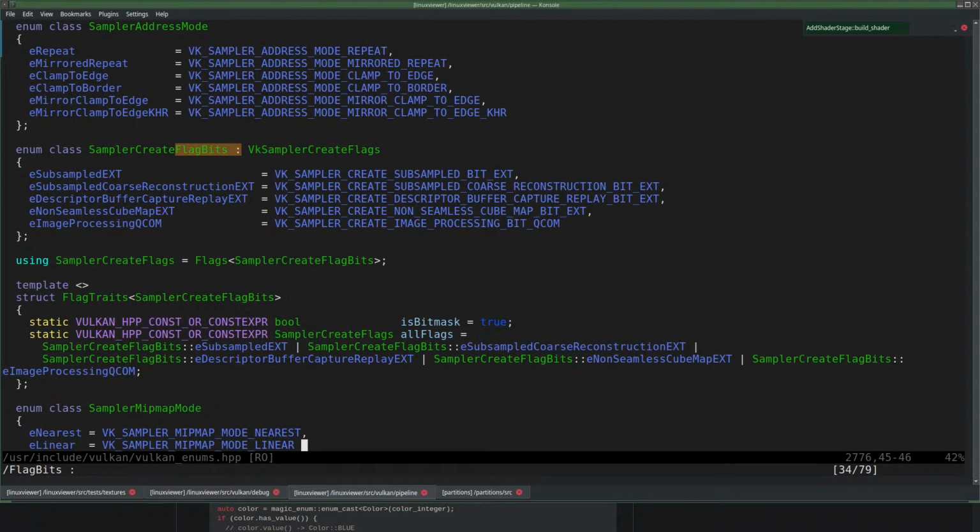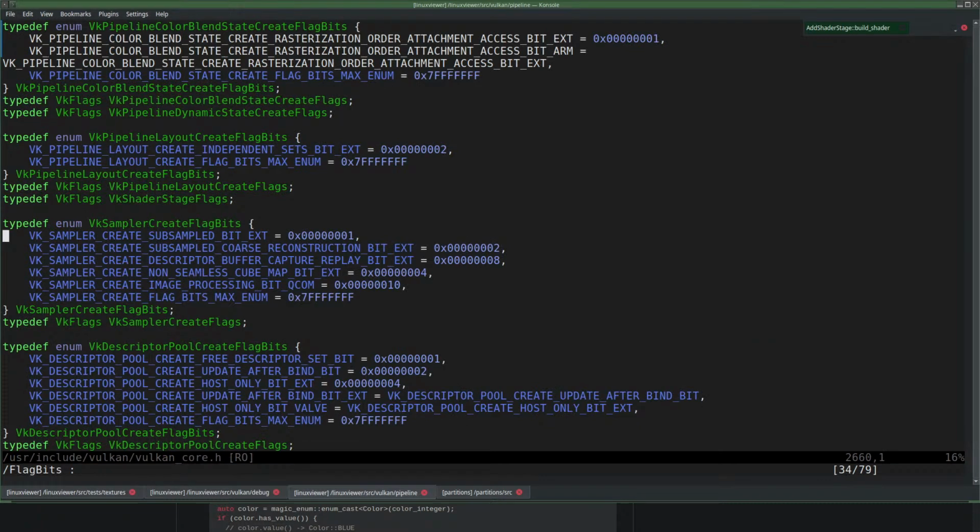Sampler create something. And this better be binary. Yep, that's 1, 2, 4, 8, 16, and so on. Much better.